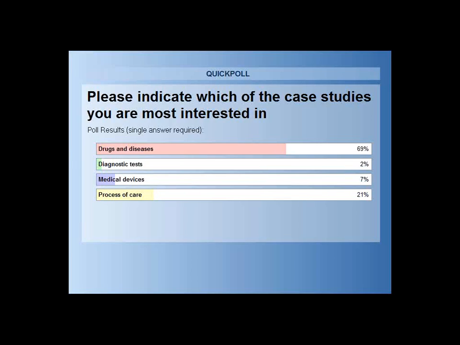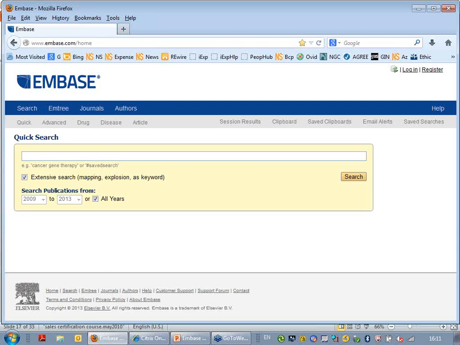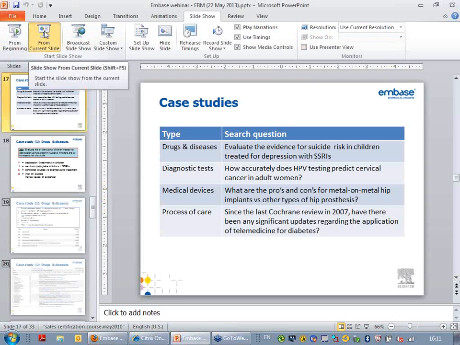So drugs and diseases was by far the most popular, Ian, with 69%. Second was process of care. And then I think you could take your pick between medical devices, which was slightly more popular than diagnostic tests. Okay, so let me hide that one. So the screen is now back with you, Ian. So you got that, the drugs and diseases, process of care, medical devices. Yeah. Okay. So I'll move on to, let me just go to the current slide,